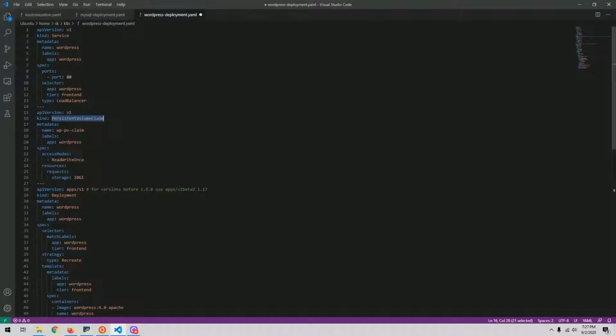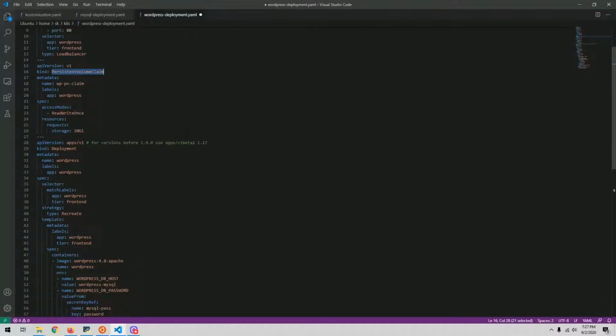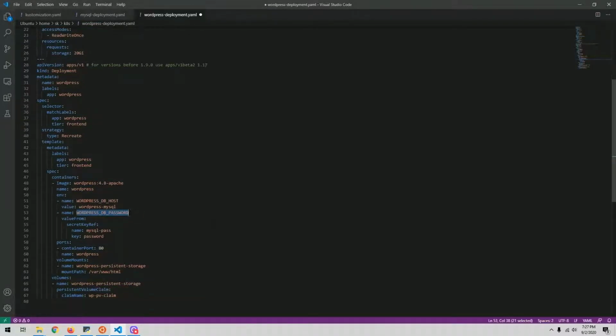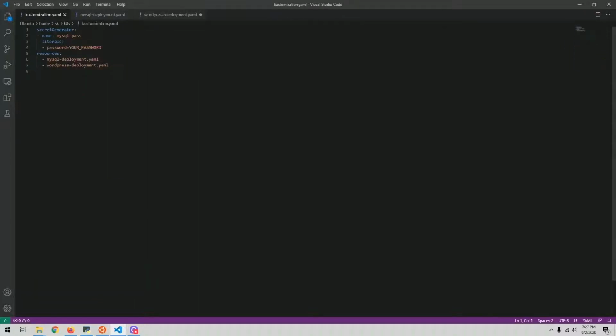We use persistent volume claims and persistent volumes, and so basically you're going to provide it the password to MySQL database, and then this is the mount path where you're going to mount it. So we're going to do these deployments, but we're going to make it a little bit easier. This is probably a little bit advanced topic, customization, Kubernetes. We'll talk about that in some other video, but for now, basically to deploy the whole thing together,